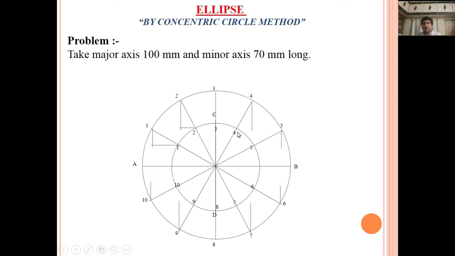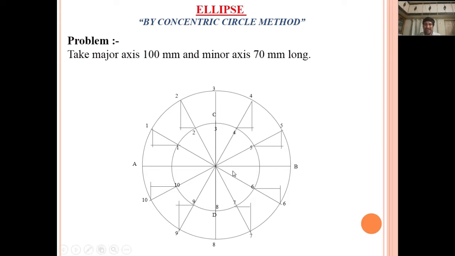Same procedure for point number 4. From point 4 draw a horizontal line parallel to the major axis which coincides with the vertical line of point 4. Same procedure for point 5, point 6, point 7, point 9, and point 10, and we get